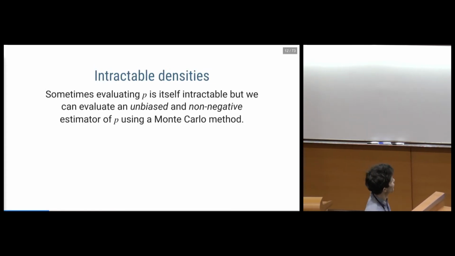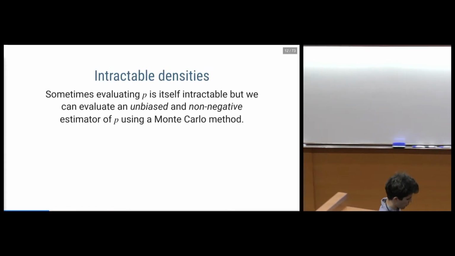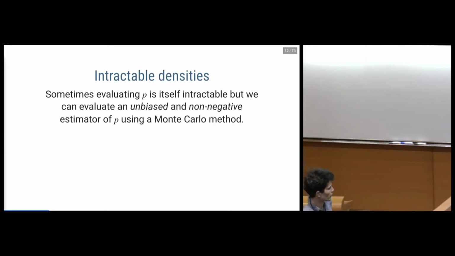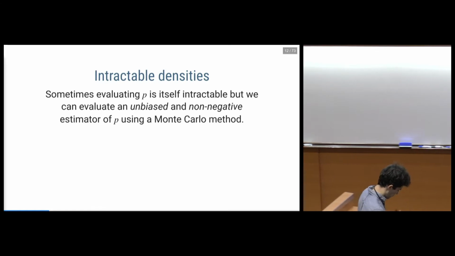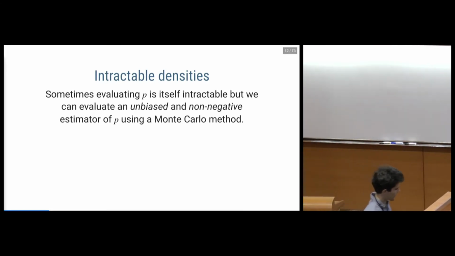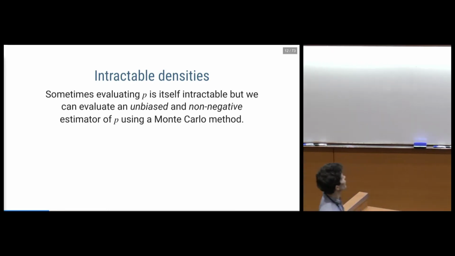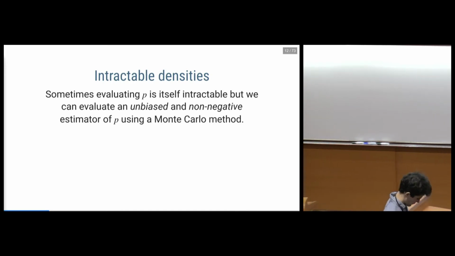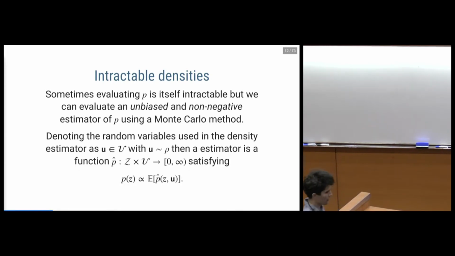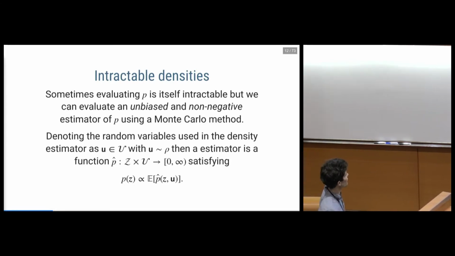So what we've heard about a lot over the course of these last few weeks is that there are problems often where we're not actually able to exactly evaluate the density we're interested in. I'll go on to make this a bit more concrete in particular problems later on, but often if we can't evaluate the density itself, we can, however, evaluate some unbiased estimator of that density using some sort of Monte Carlo method, typically importance sampling of some variant.